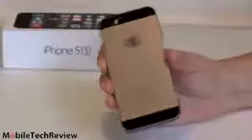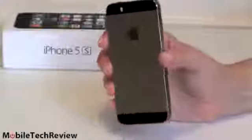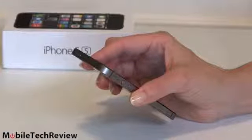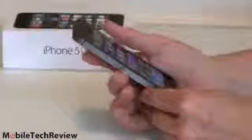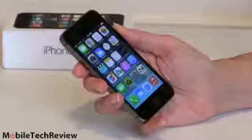Is it Apple's best iPhone ever? Easy to say. Sure it is. Every iPhone does improve. Is it still relevant in today's world where there are so many fine Android smartphones, even Windows phones? You've got things like the Nokia Lumia 1020 with a 41 megapixel camera. Yes, I think it is still relevant, not just because there's a lot of people who enjoy the operating system and experience, and that is very important. Don't underestimate that. If you really love the way your iPhone works, the way iTunes works,